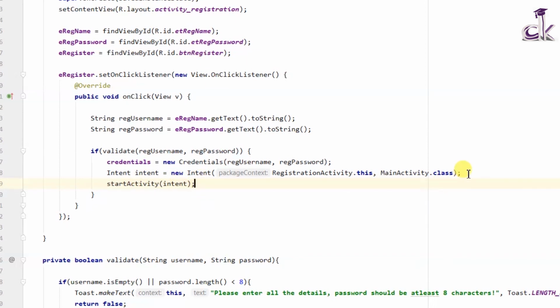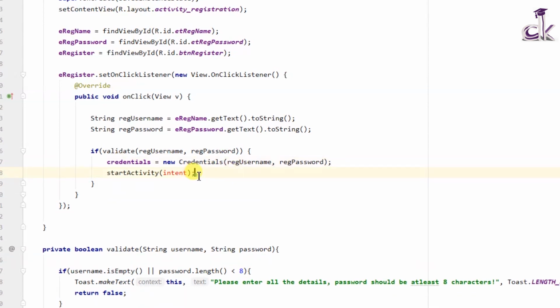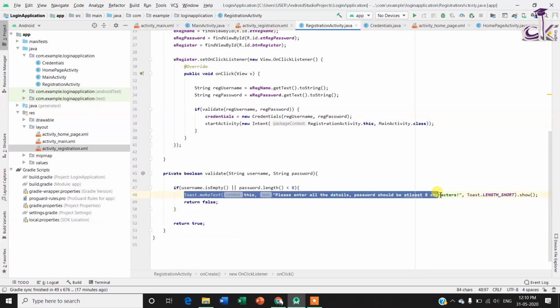Now there is a simpler way to do this. Instead of using 2 lines, you can do this in a single line. So I'm going to show you how you can do that. Inside start activity, if you say new, and then if you say intent, you can then again in the same manner just pass in the source and destination, so main activity dot class, and here you have it. In a single line, you have just gone from one activity to another, and this is basically nesting stuff. So you have start activity, and inside that you have created a new intent, and then told which activity to go to.